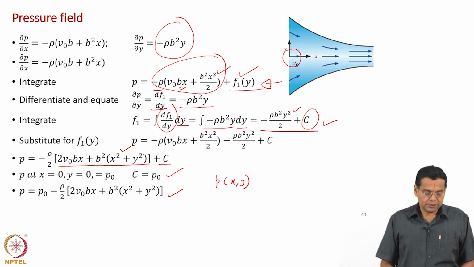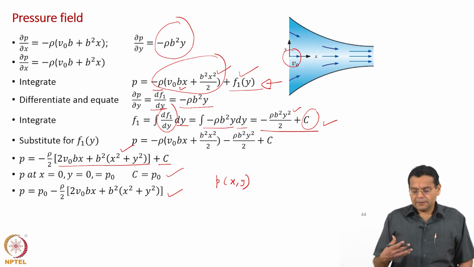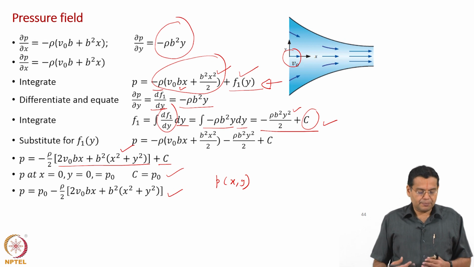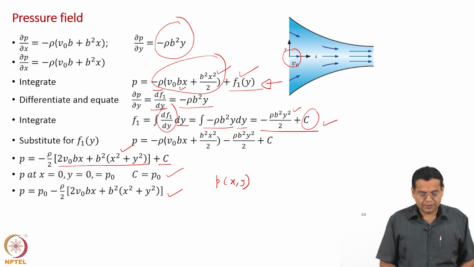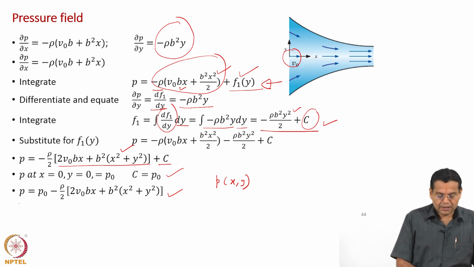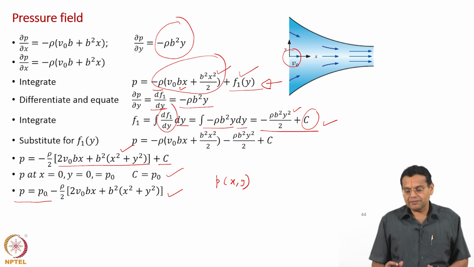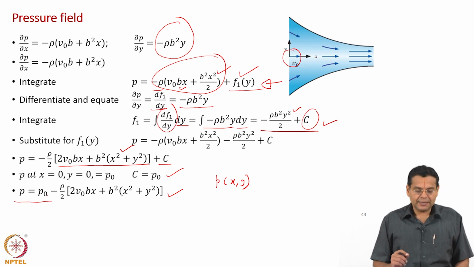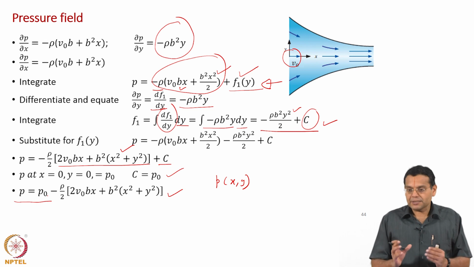Always we should know that we cannot find pressure as an absolute value for incompressible flow. It is always the difference in pressure that matters. You see, when we are calculating here, we calculate p minus p naught. P naught was a given value. So, we always find difference in pressure in incompressible flow. If it is compressible flow, then of course, the absolute pressure has a meaning.